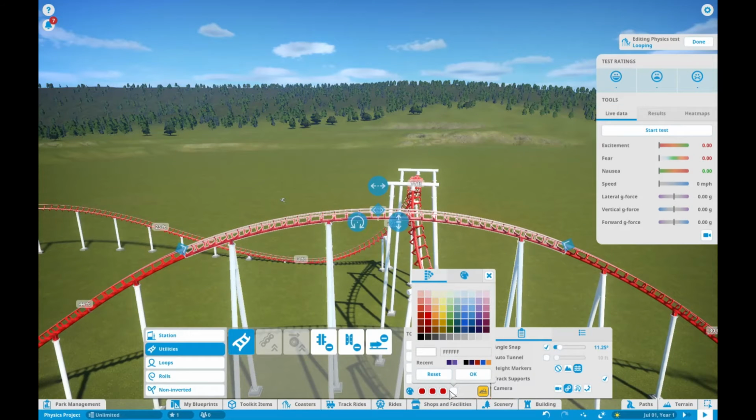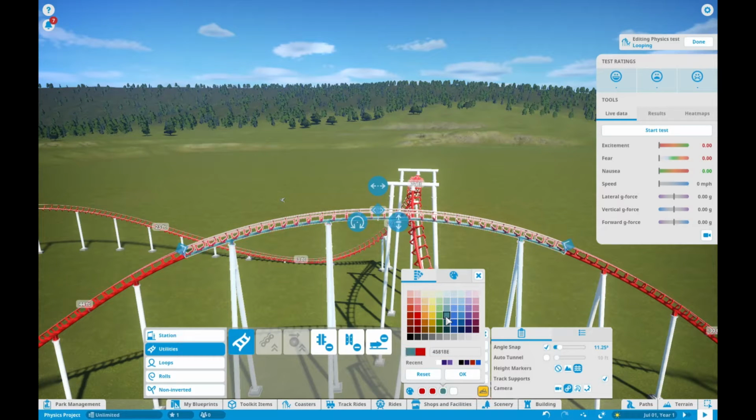Hey, Miss Brasco. So I lied about that last part, I guess. I'm going to be talking to you about what I'm doing in this little segment of the video right here. What I'm doing is I'm actually coloring the different parts of the roller coaster track. Yes, you can color roller coasters. Wow, you can have a roller coaster that's green? Yes. The reason I'm coloring this roller coaster is because